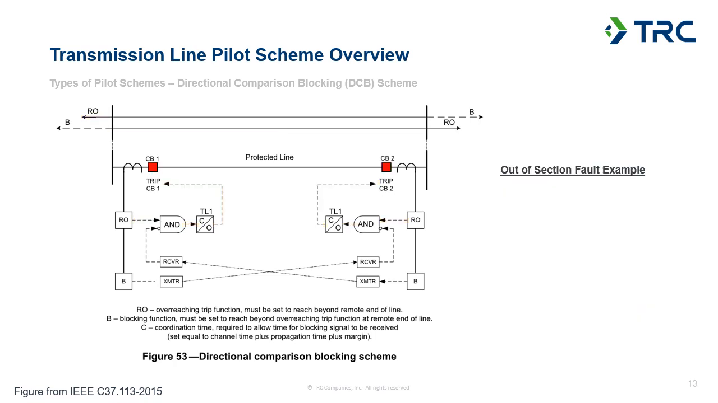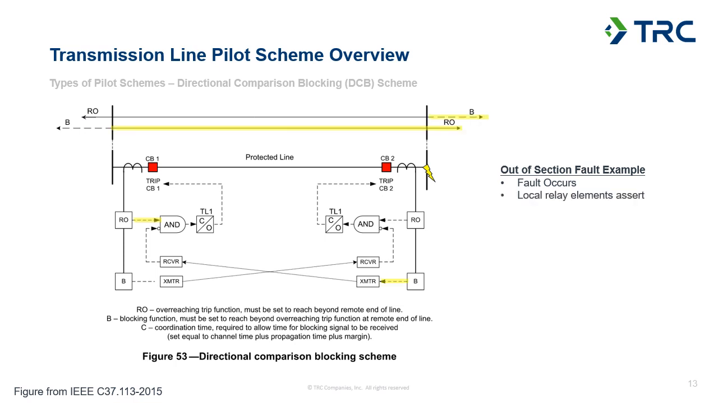So if we look at that same system for an out-of-section fault example, we can see how that blocking signal comes into play in making the trip decision for the line, or the no trip decision in this case. So if we put a fault in that same location at the terminal 2 bus behind the relay,